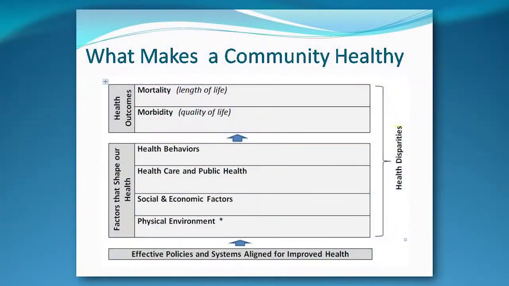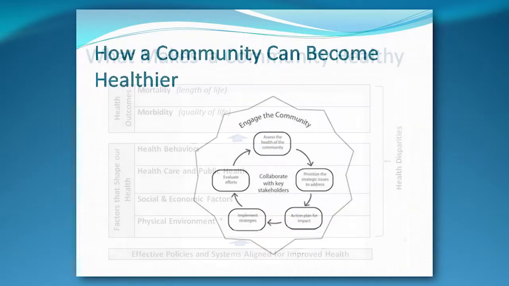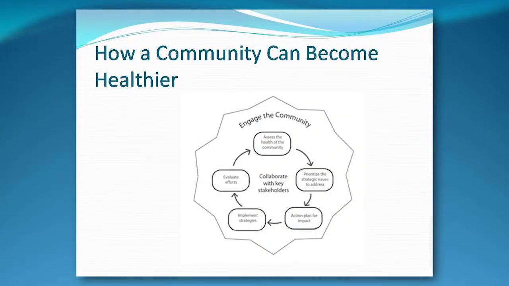In our needs assessment, we had seen that a lot of communities were using one or the other or trying to figure out how to do both. So we tried to marry them together. For example, where our state health plan talks about chronic diseases, we have that under morbidity. Where it talks about smoking, we have that under health behaviors, and so on. So people can see how that list of issues that we've decided as a state to work on fits in this causal model that moves us from talking about outcomes into the factors that we can influence to shape those outcomes. Then the second half, about how a community can become healthier, is a circular model about community health improvement.